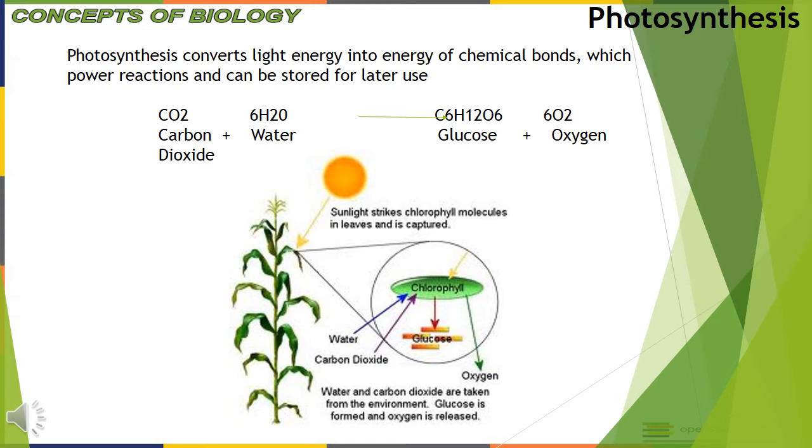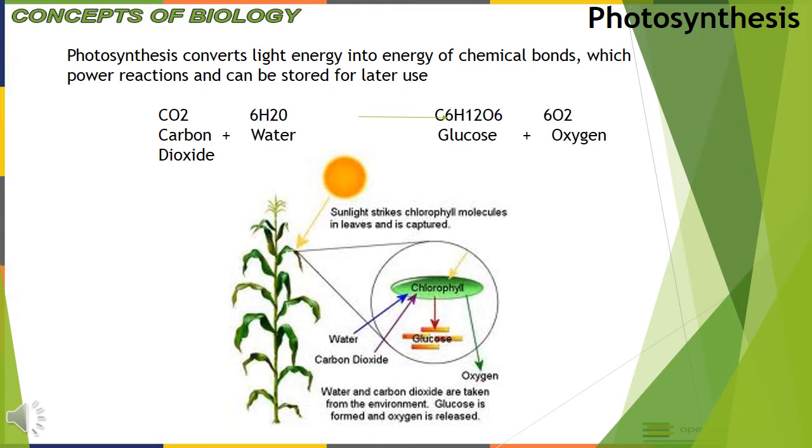The reactants and the products at the end here. This is a chemical reaction for photosynthesis. So you have carbon dioxide plus water yielding or producing a glucose molecule and oxygen. Okay, and